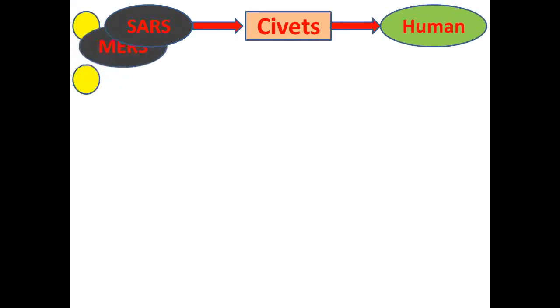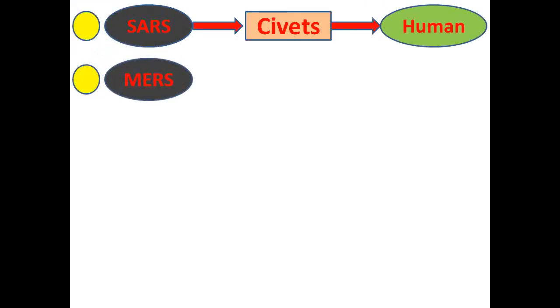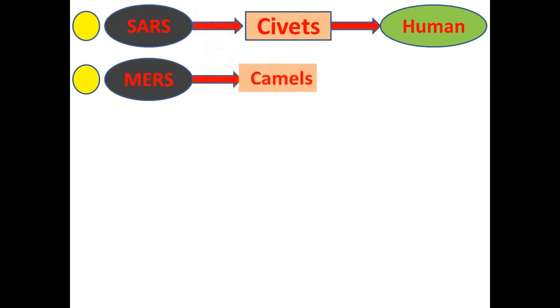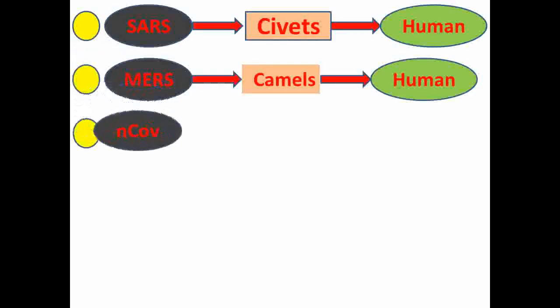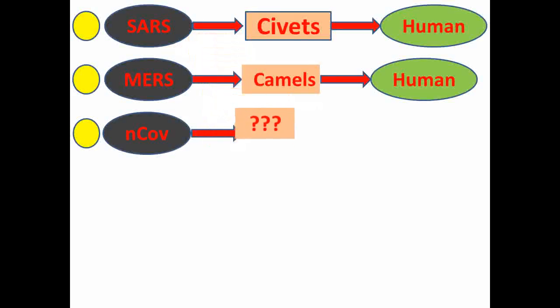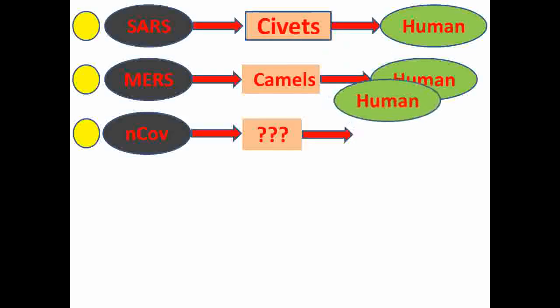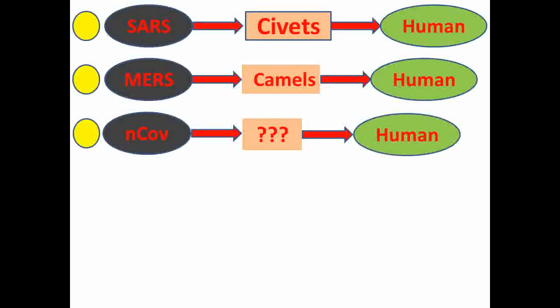Now the second type is MERS or Middle East respiratory syndrome, where it is transmitted to humans through meat and camel milk. And last type and modern type, which is novel coronavirus or COVID-19. The causative is not yet known, but it is believed that snakes and bats have a role in its transmission